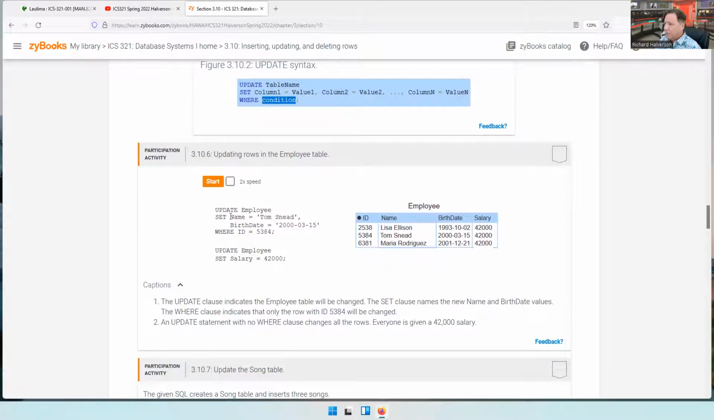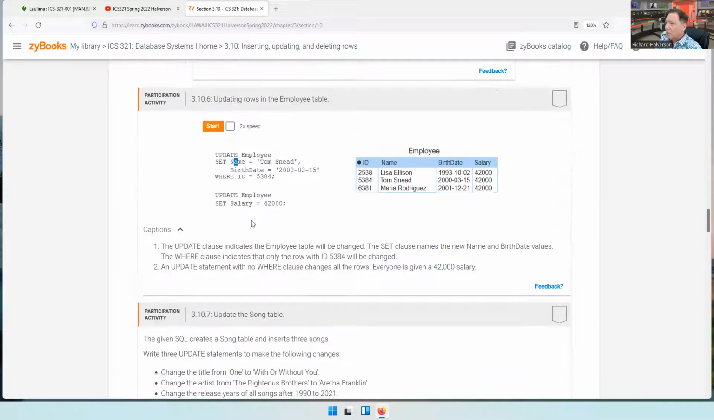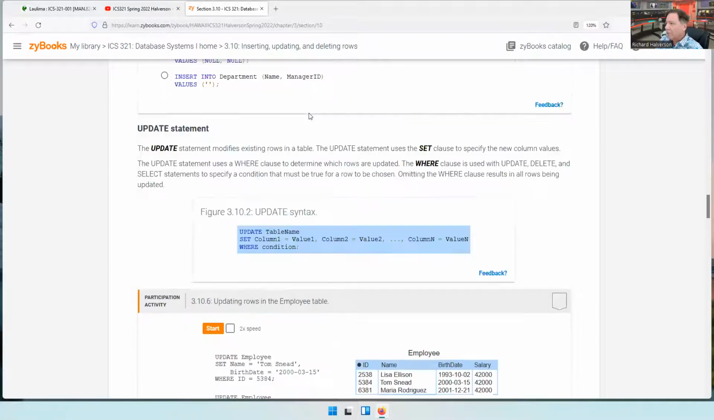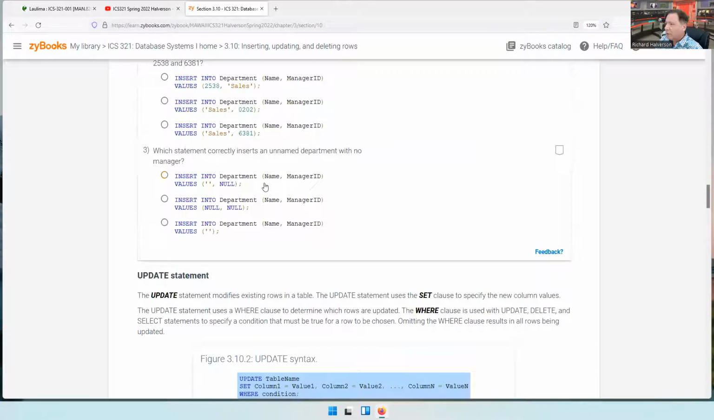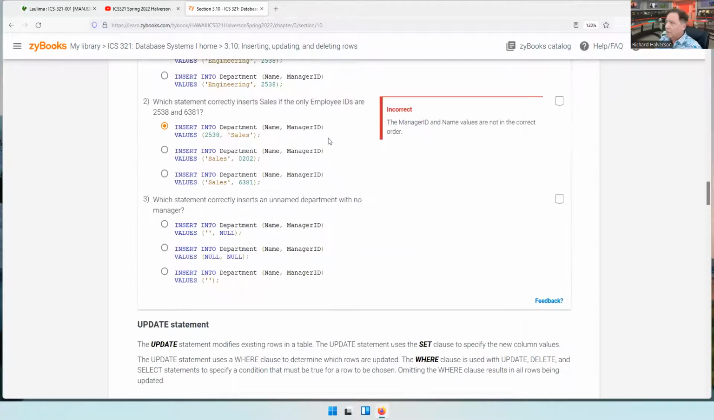I like this format better than the insert format. And in fact, this kind of format does work with insert. If you put insert there, of course you're not going to have a where. But there is an insert format where you say insert table name set, and then a bunch of assignment statements, something like name equals 2338, manager ID equals sales or whatever. Of course, this is wrong. This should be